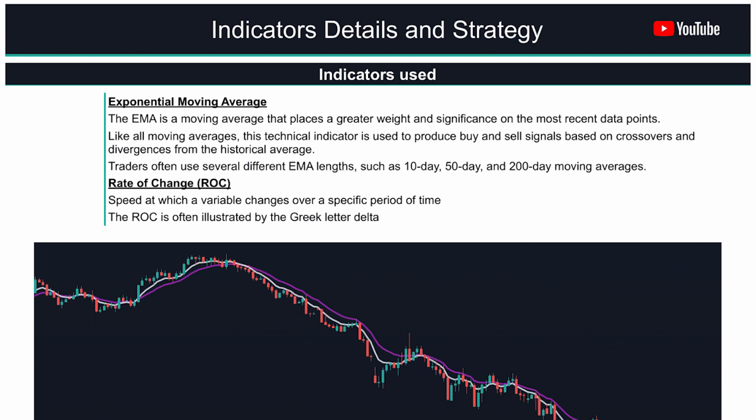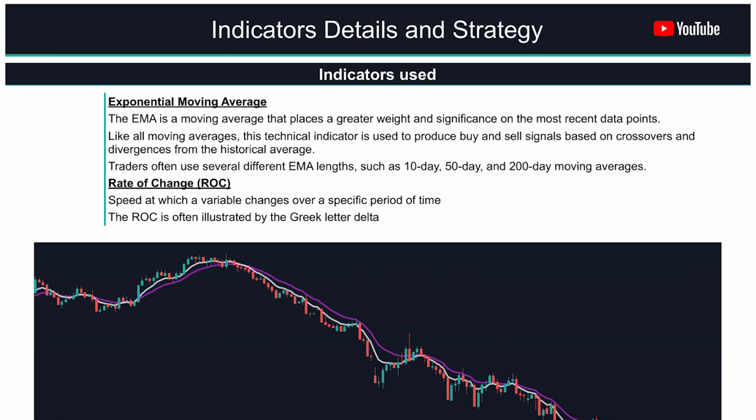An exponential moving average, also called an EMA, is a type of moving average that places a greater weight and significance on the most recent data points. The exponential moving average is also referred to as the exponentially weighted moving average. It reacts more significantly to recent price changes than a simple moving average, which applies an equal weight to all